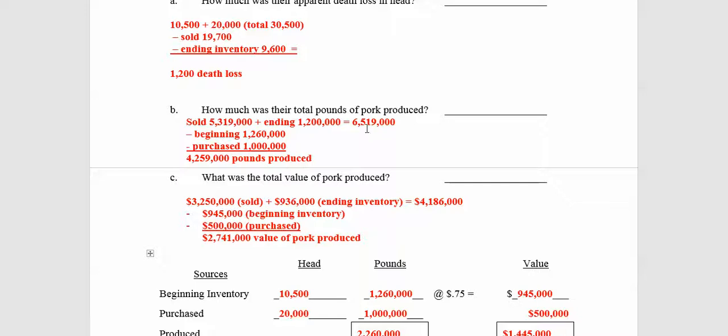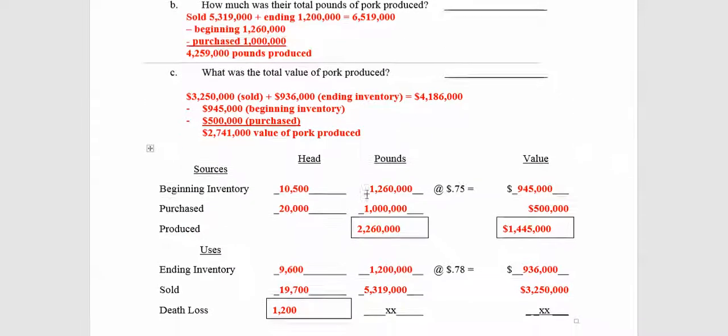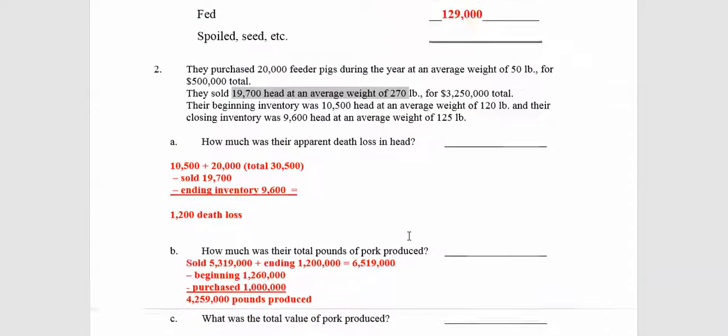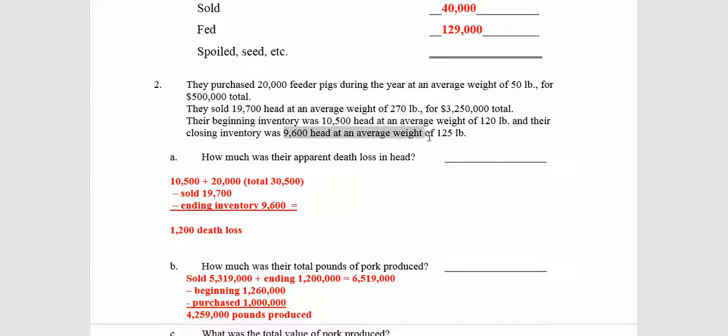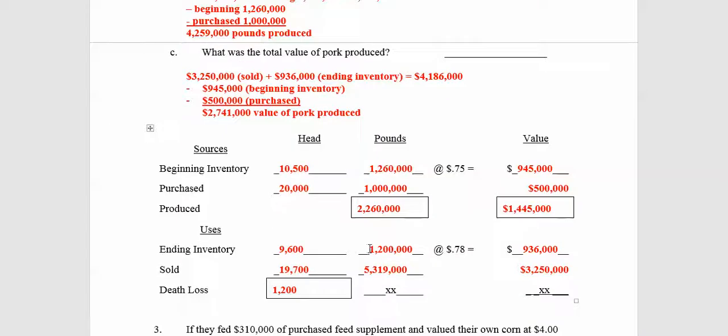Now, what did we produce? Well, we sold 19,700 head with an average weight of 270. And that goes right here, 19,700 times 270 equals a grand total of 5,319,000 pounds. We also had an ending inventory of 9,600 head at a weight of 125 pounds. Okay, and that would go right here,